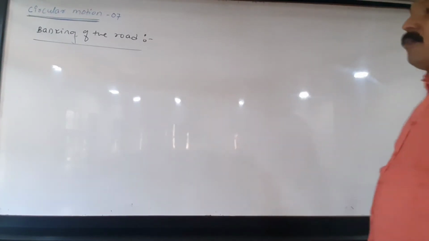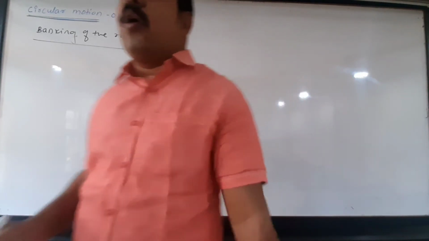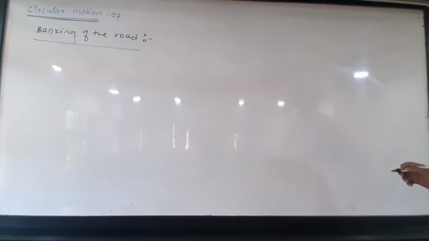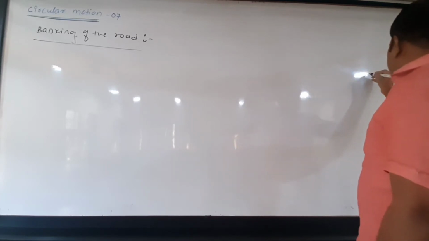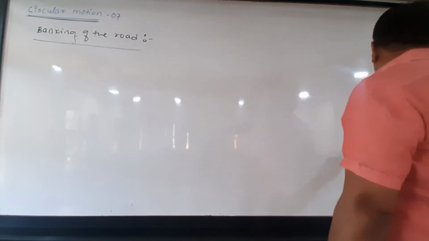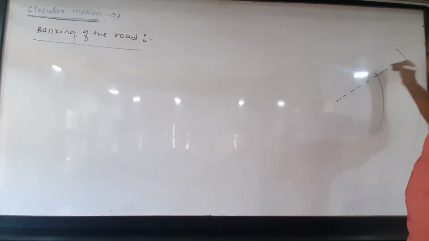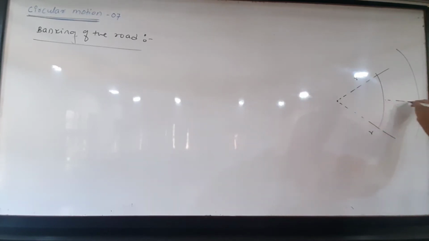Just now, in the last 5 minutes, we have seen that if the vehicle is passing over the curved horizontal road, then what is the limiting speed of the vehicle passing over that road safely, or we can say without skidding. For example, this is a curved horizontal road that we have already seen. R is the radius of curvature. It is horizontal, means this is horizontal level, and the vehicle is passing over that curved horizontal road.